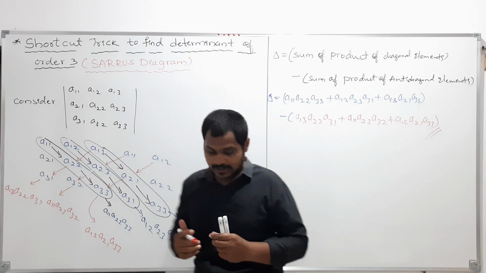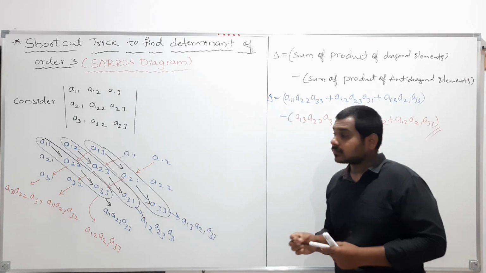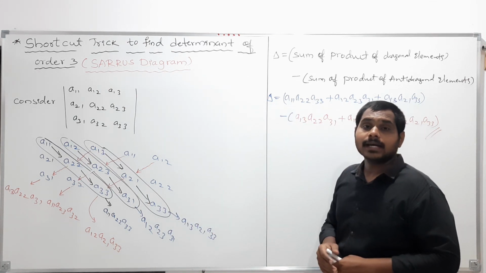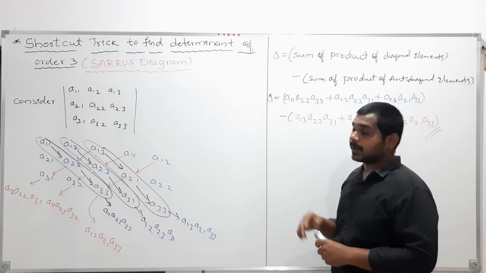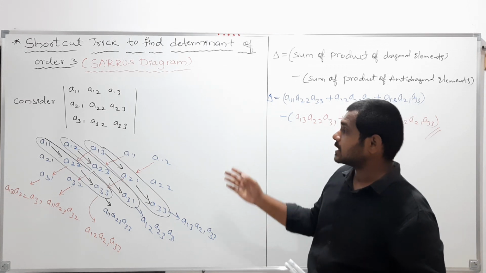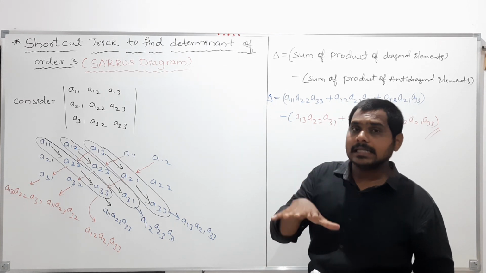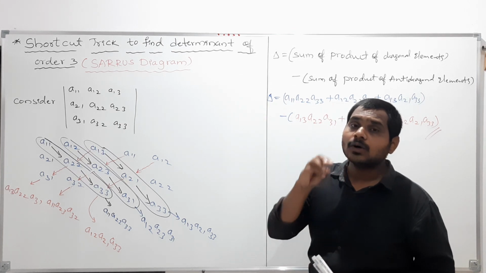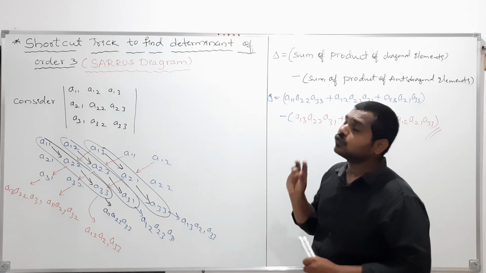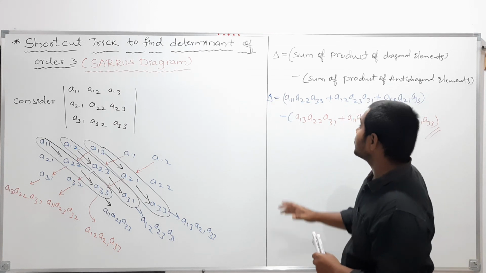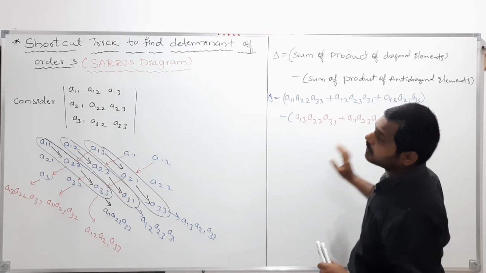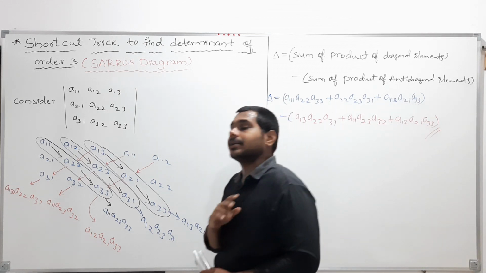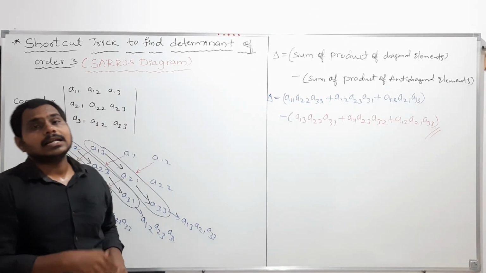value. In short, you will get it. Clear? Normally, how I calculated that, you can refer to my previous video. In that video I explained how to calculate the determinant. But in this class I am discussing only briefly how to find the determinant value. Clear? So if you simplify this, whatever answer you get will be the determinant value. So clear? Let me revise once.